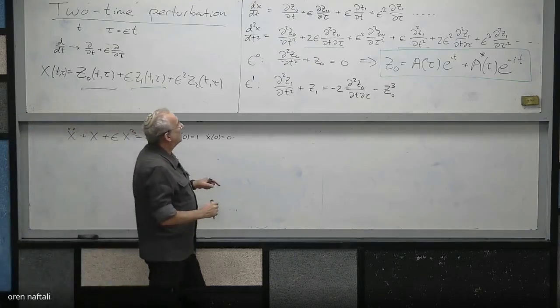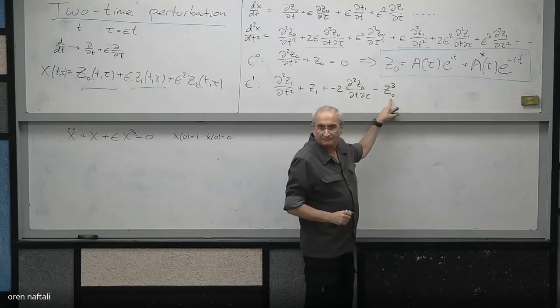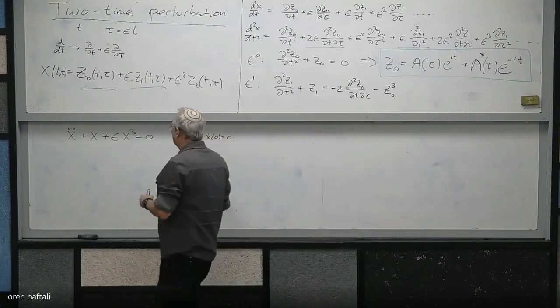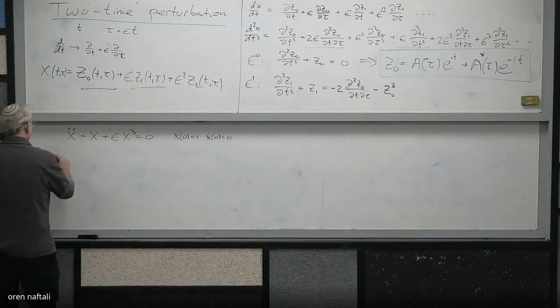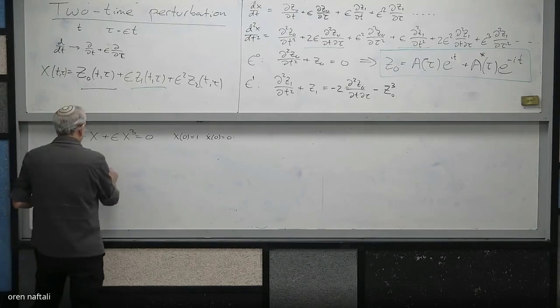Now I have to plug z naught here. So what I'm going to get is d2 z1 dt squared plus z1 equals